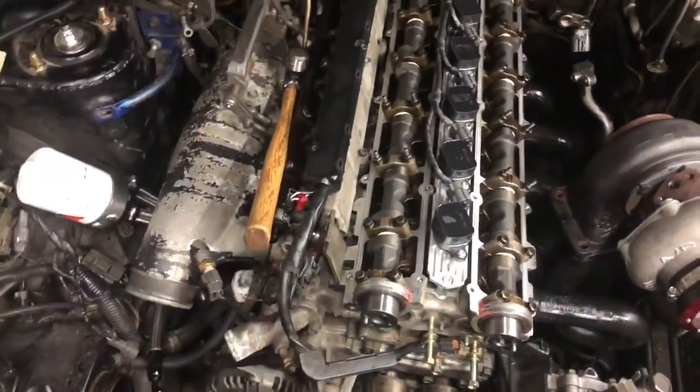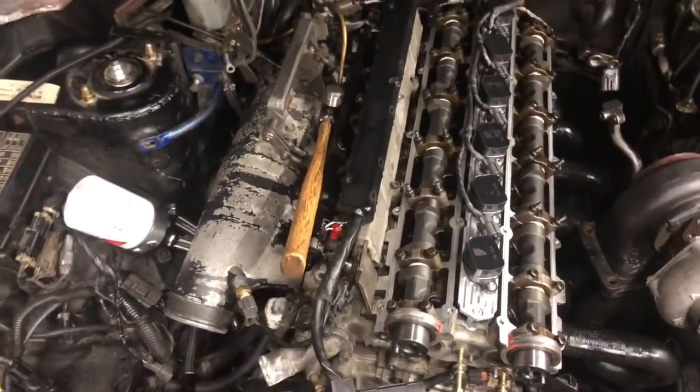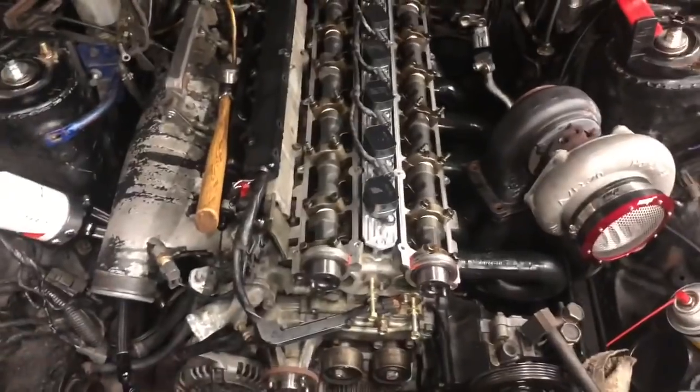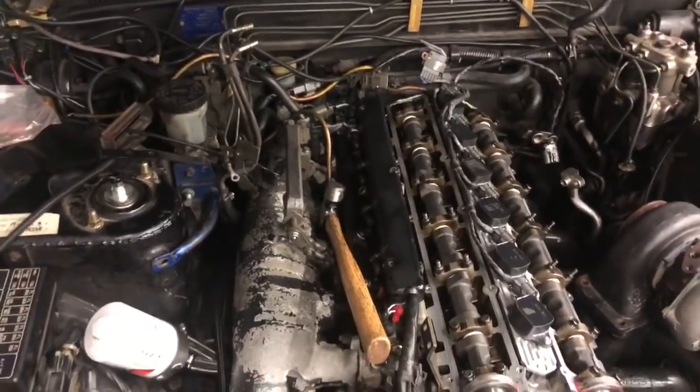You have to go through, make sure that all the oil is out of every cylinder, that they are completely bone dry, and then you got to put the studs in. Then you put the nuts on, then you got to torque them 3 different times, then you do a final torque, and then a bunch of stuff, and it's just a pain. So all of that got done this weekend,